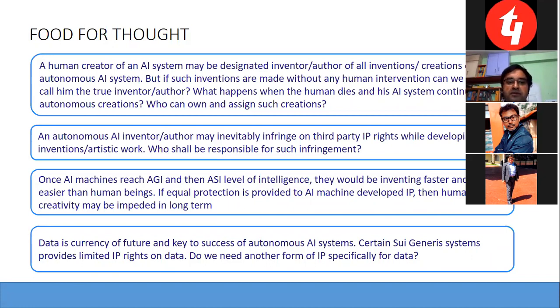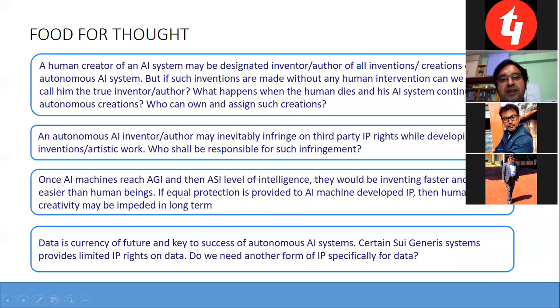Okay, now the problems from AGI to ASI. Once the artificial intelligence level moves from general intelligence to the ASI level, which is the all-pervasive, all-intelligent level, they would be inventing faster and more easily than human beings. They can process millions of terabytes of data in seconds. So if you provide equal protection to AI machine-developed IP, then human creativity may be impeded in the long term, because before human beings can create, machines would be creating faster, and they would be solving more complex problems. So it might happen that human creativity would be impeded, because human beings would start thinking that the problems are there,